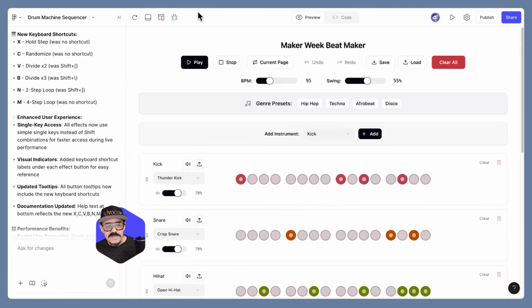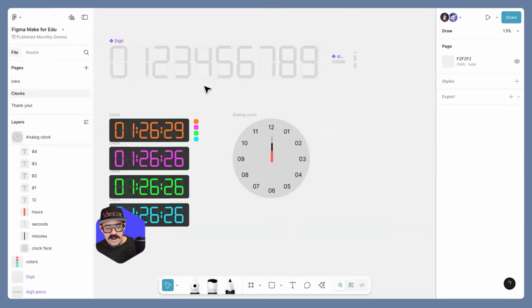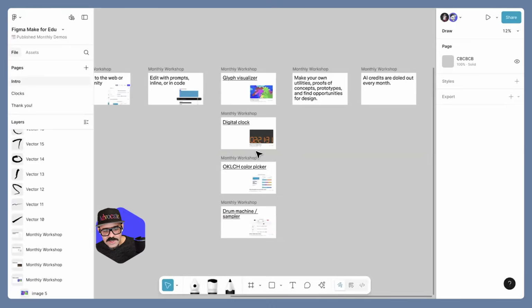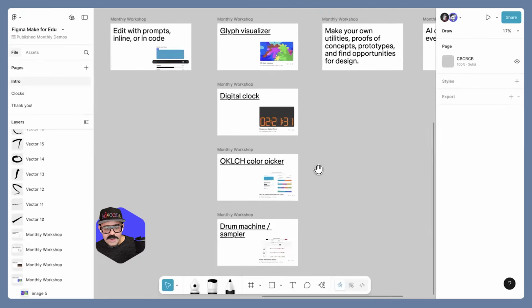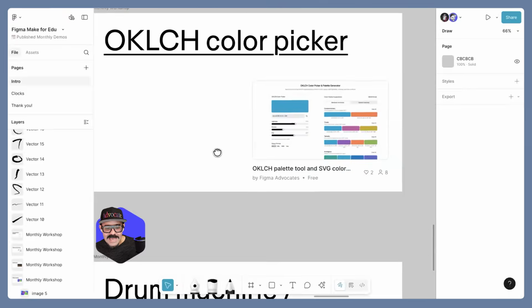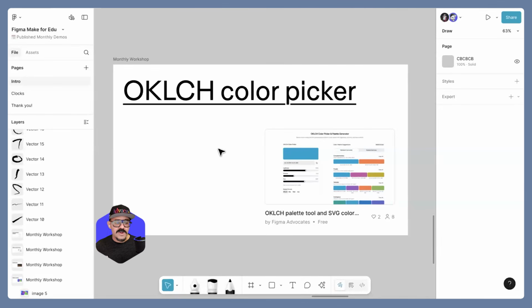All right. So let's head on back over here. I'm going to go back to the intro page. Now I'm going to show you another example. And this example is one of those where I was thinking of this tool of making my own utility, but also as a way to create a publishable site that can be learned from,